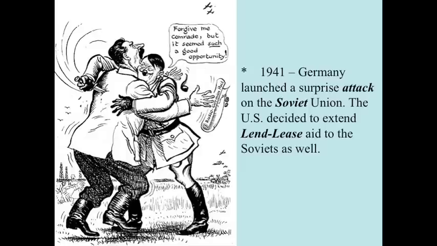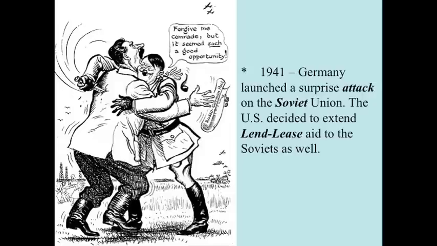In June of 1941, Germany launches a surprise attack on the Soviet Union. In lands they occupied, German troops begin rounding up and executing large numbers of civilians. The Soviets adopted a scorched earth policy, which means that they would destroy everything useful to the enemy as they retreated.